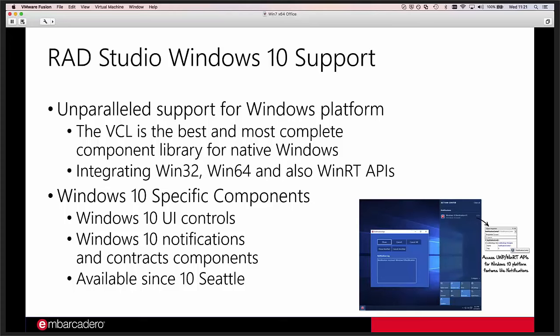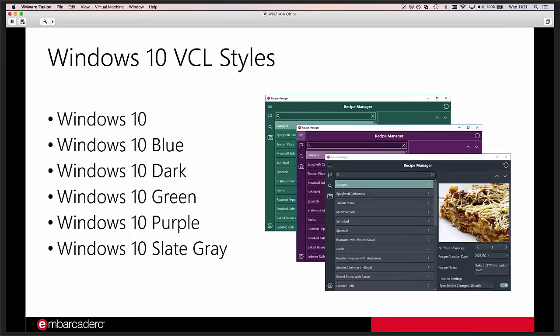There are some specifically Windows 10 specific components for Windows 10, like Windows 10 notifications, and Windows 10 sharing contracts can be programmed on Windows 10. Also, there are different styles to make your application look like a Windows 10 application. So for both the VCL and also for FireMonkey, we have Windows 10 styles to quickly make your application feel like